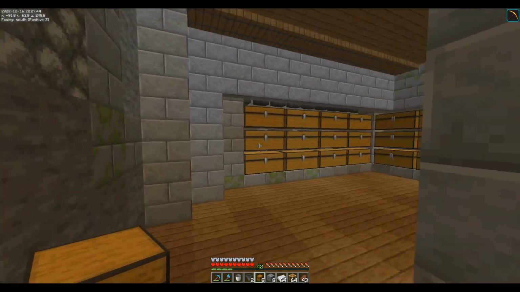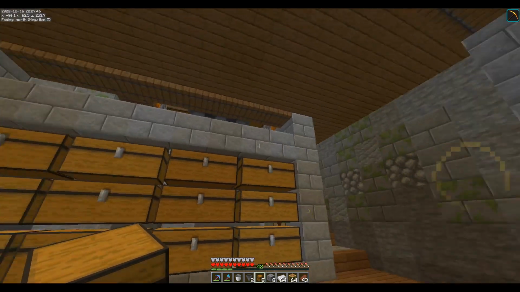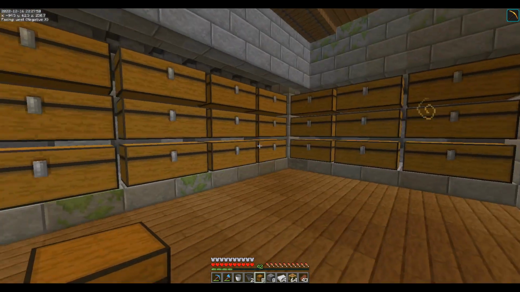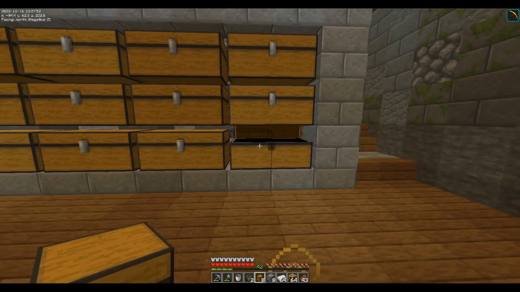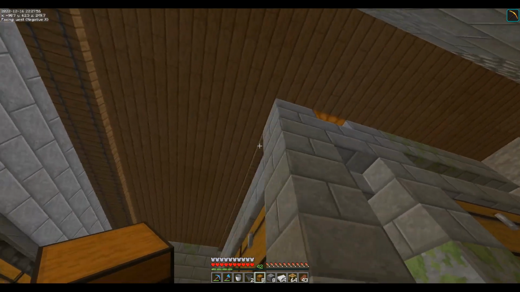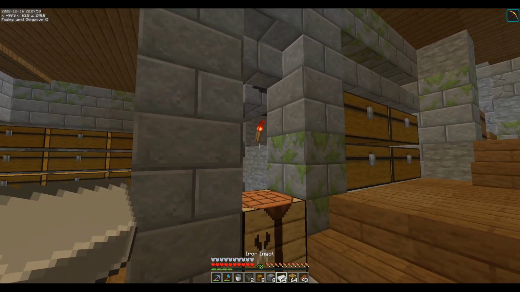So this is my iron storage. Got my big overflow. So this is all overflow. Actually, this is all storage. It's just a lot of storage. And there's really no overflow. The overflow will get stuck up above. Oh, I can do... Let's do...